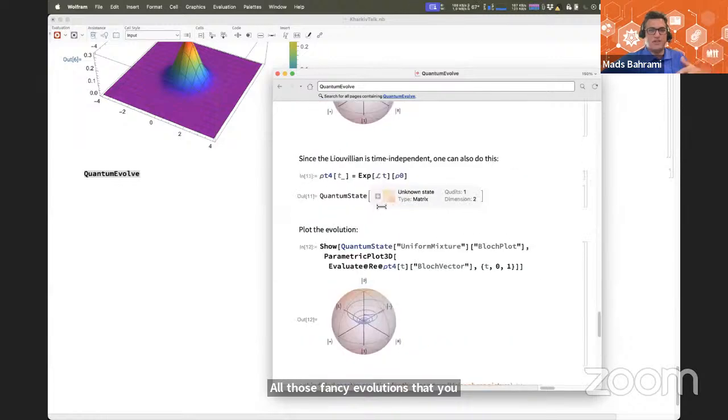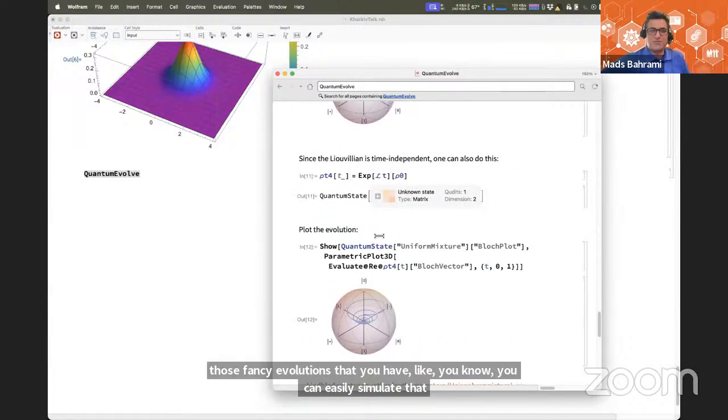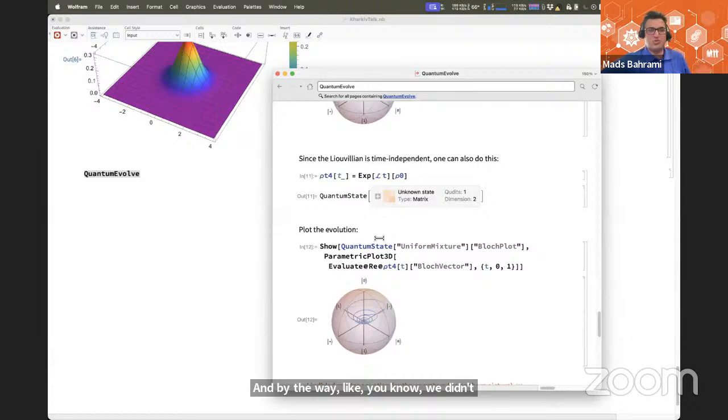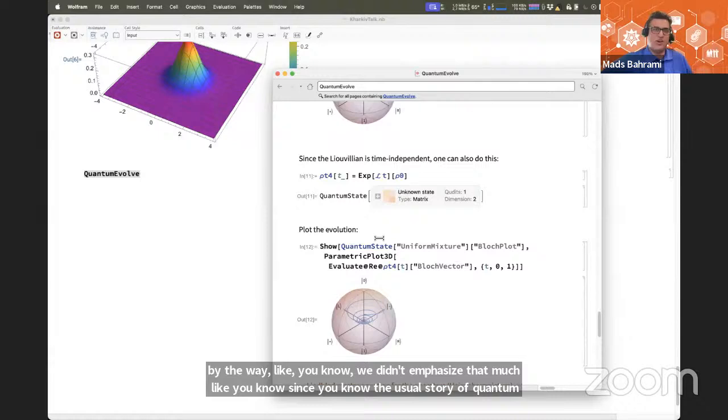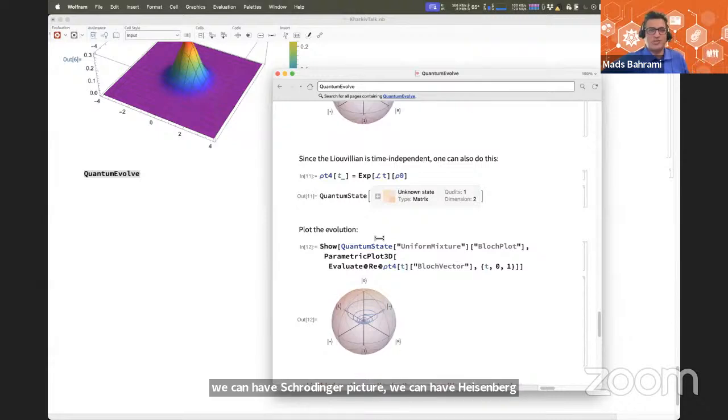And by the way, we didn't emphasize that much, the usual story of quantum, we can have a Schrödinger picture, you can have a Heisenberg picture. For example, you can evolve your state, or you can evolve your operators, or you work in the interaction picture. All of them are possible here. But anyhow,